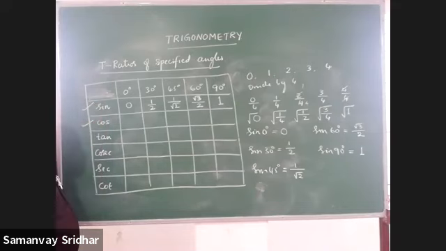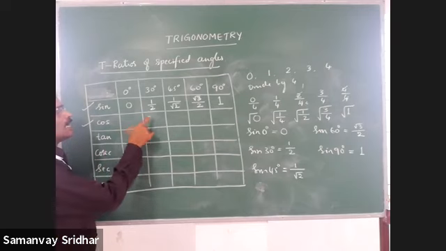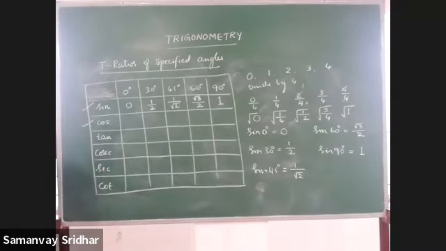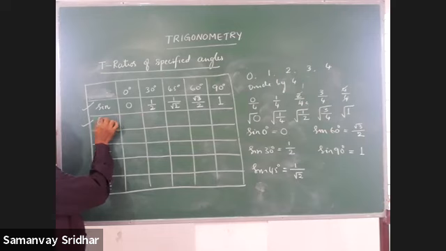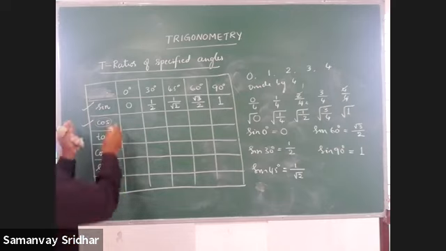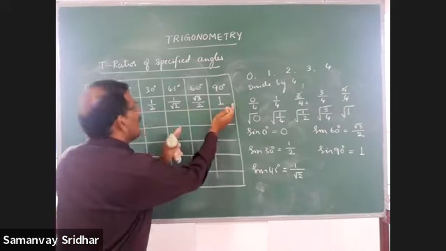I'm going with the cos now. What is cos 0 degree, cos 30 degree, cos 45 degree, cos 60 degree, and cos 90 degree? These values we need. Right. How to write that? This concept will come later, but I'll explain now only to understand this thing. While writing the cos, it is very simple. I'm not going to calculate anything. Whatever the values I got from left to right, I fill them right to left.